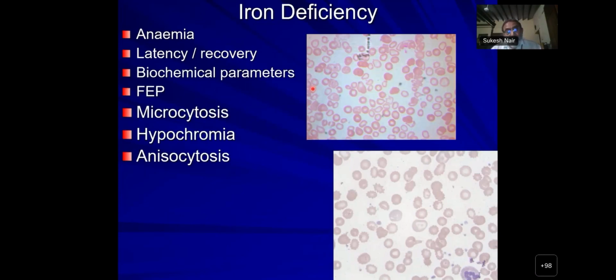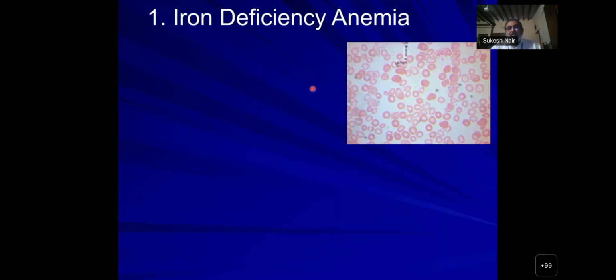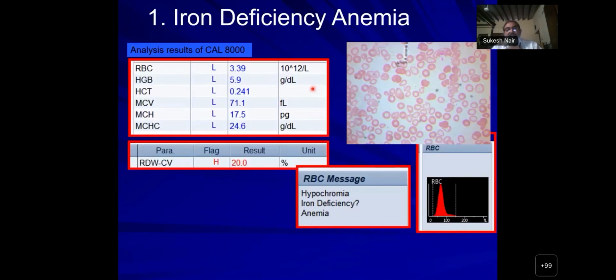We know that the gold standard for iron deficient erythropoiesis is free erythrocytic protoporphyrin, which is also called zinc protoporphyrin. It requires proprietary equipment. It's not there in our country. So obviously, peripheral smear also helps because we have been taught that microcytic hypochromic anemia with anisocytosis is iron deficiency anemia. So we also know that iron deficiency anemia is characterized by low MCV and a high RDW with a